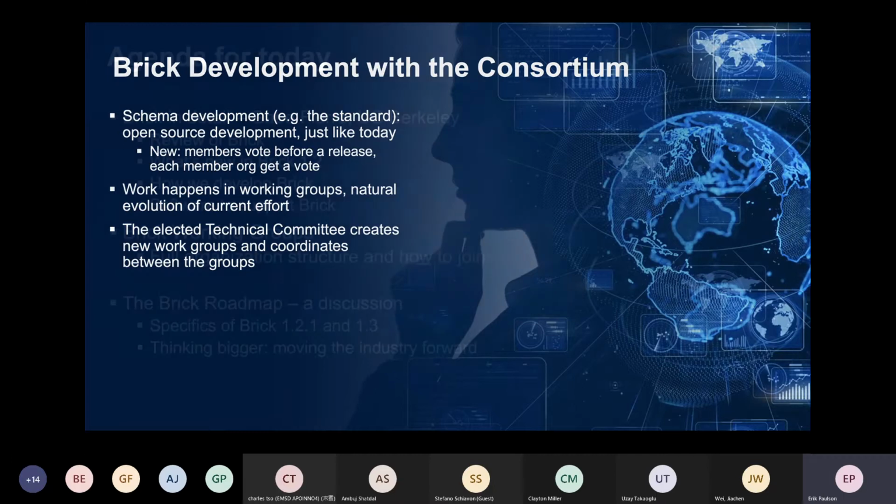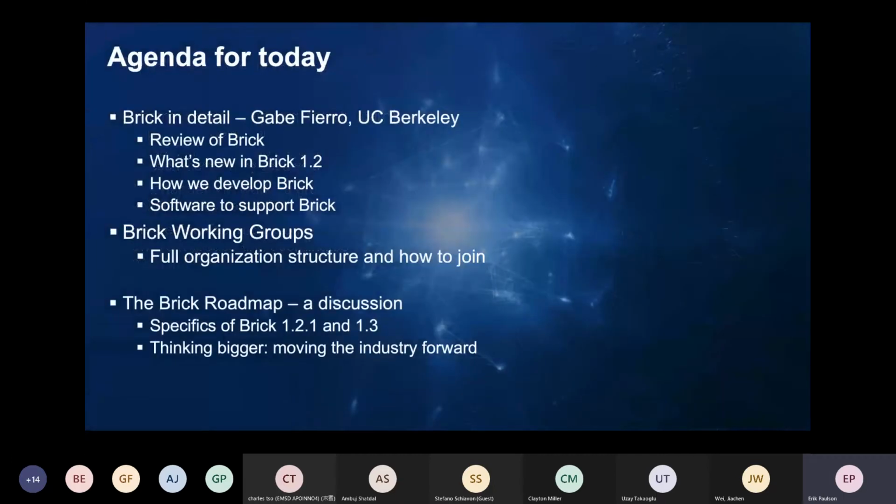So with that, let's just talk a little bit more about where we're going for the rest of this discussion. I'm going to hand the meat of the conversation over to Gabe Fierro, who's finished his PhD at UC Berkeley. He is a much better presenter than I am, and you will have a much better time with him. He's going to talk about Brick and the nuts and bolts of Brick and how we develop it.